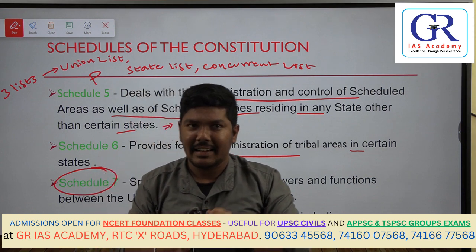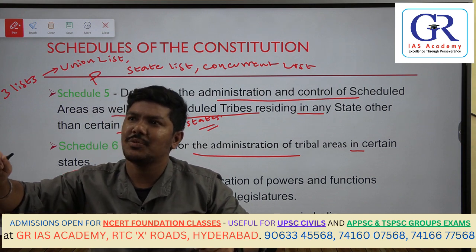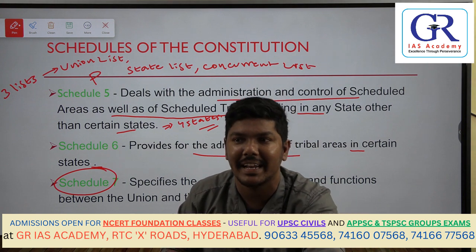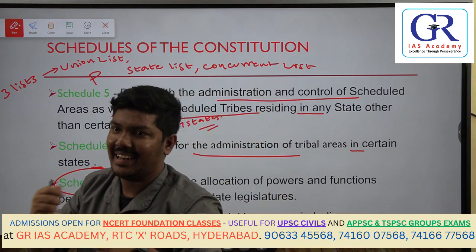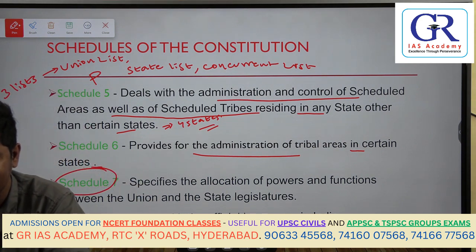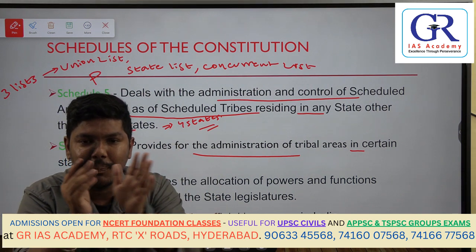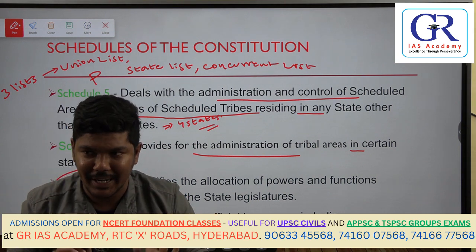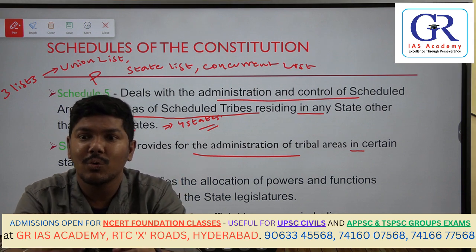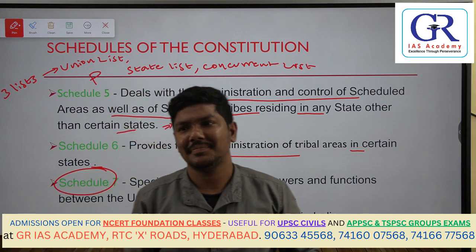For example, on a particular subject, if the union government, that is Parliament, has made a law, and the state government, that means state legislature, has also made a law, then whose law will prevail? I hope you have understood my question. Now I am talking about concurrent list, and in concurrent list there are some subjects. On one of the subjects, both the Parliament and state legislature have made a law, because they both are competent enough, right? If that is the case, whose law will prevail? Parliament's law or state legislature's law?